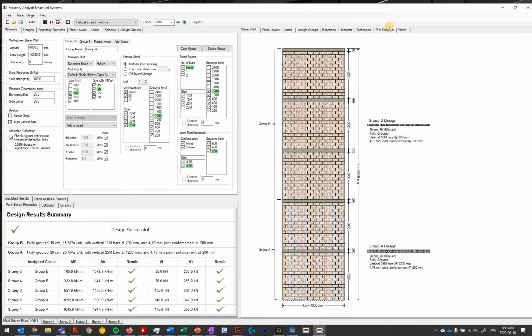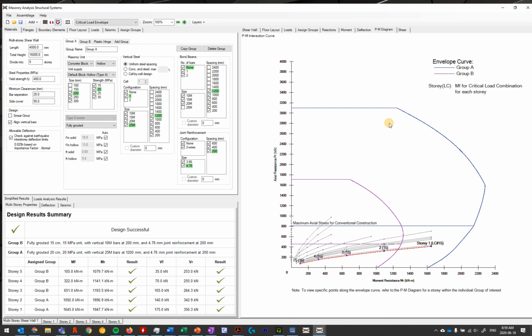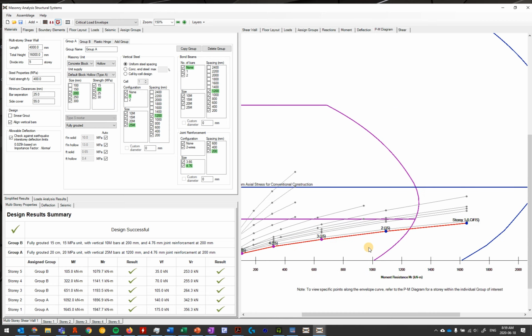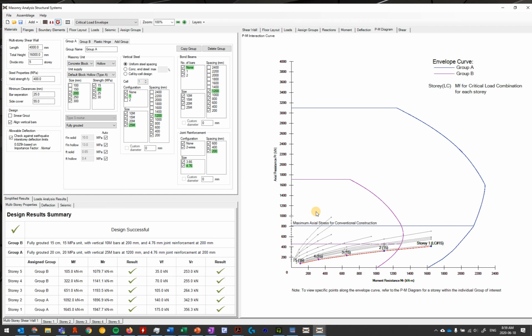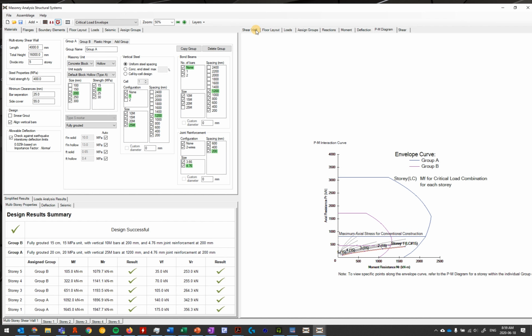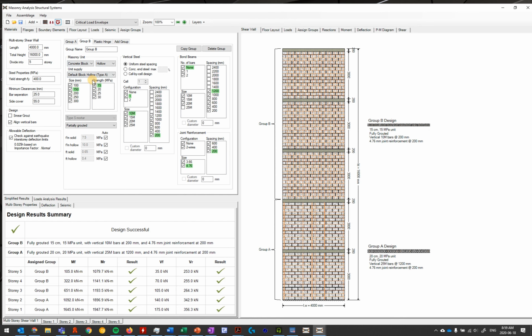Okay, so now if we take a look, we have bars at 1.2 meters down at the bottom with that 20 centimeter block, and then we have bars every single cell in group B up here at the top. If we look at the PM diagram, I'm guessing that maximum stress for conventional construction is coming into play here as well. And so also for group B, just because of my loads, I'll switch this to fully grouted,